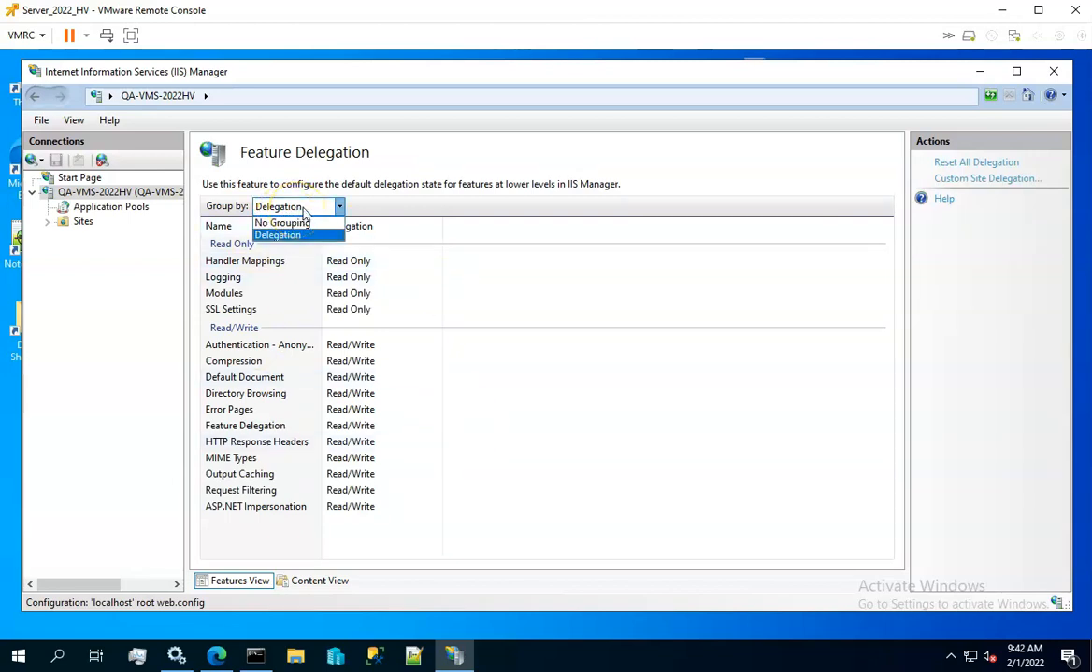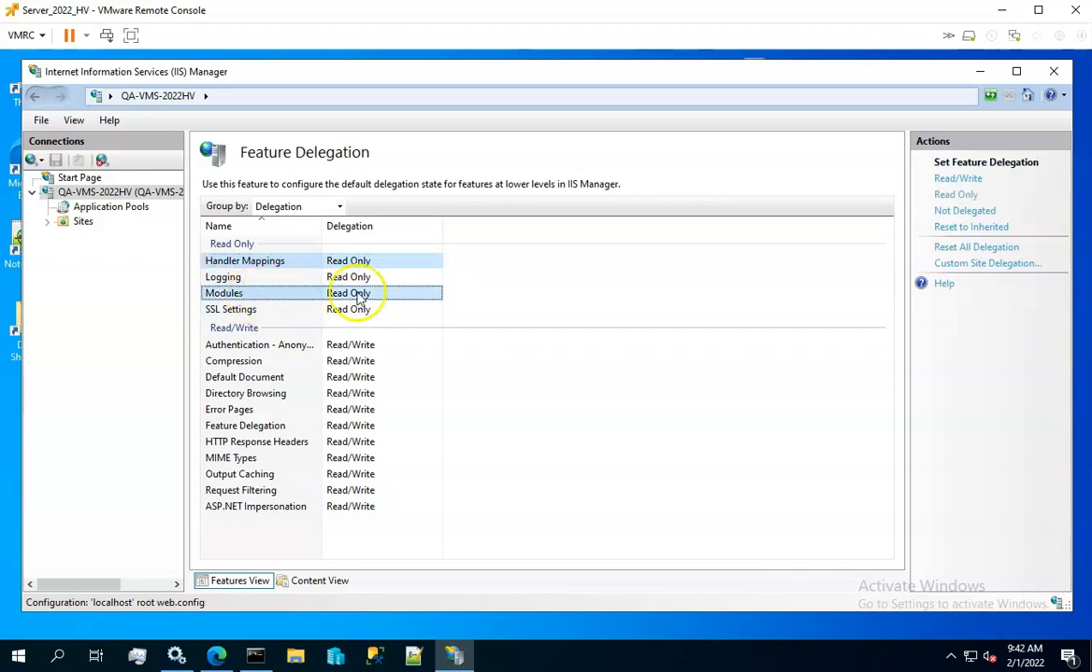If it doesn't, then go ahead and click the pull-down here. And then you'll see groupings by read-only and read-write access, and that's what we're talking about when we say the IIS configuration is locked or unlocked. So if it's locked, it'll say read-only. And in this case, we have handler mappings and modules set to read-only, and that should be the default for all modern IIS. In this case, it's IIS 10, which will be included, I believe, with 2019 and 2022. I think 2016 comes with 8.5, but it may have the same exact look or issue